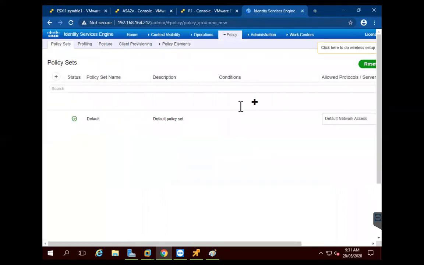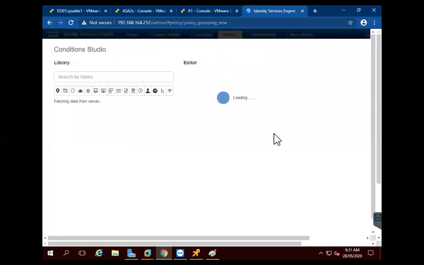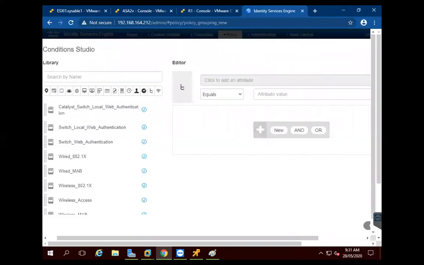So now here we will be creating authentication and authorization profiles. I will click on this plus sign and provide the name, anyone. Here I will provide something called RADIUS port as virtual.